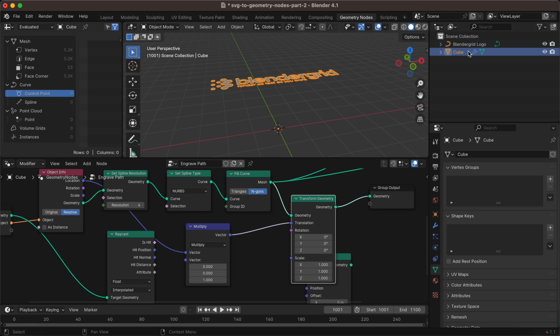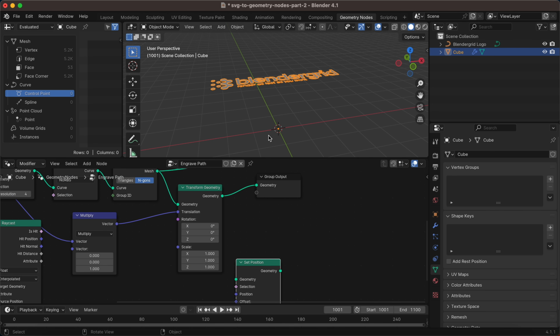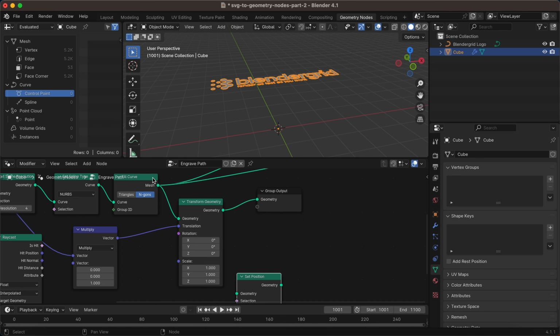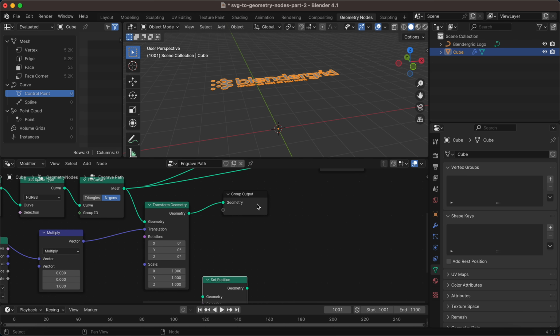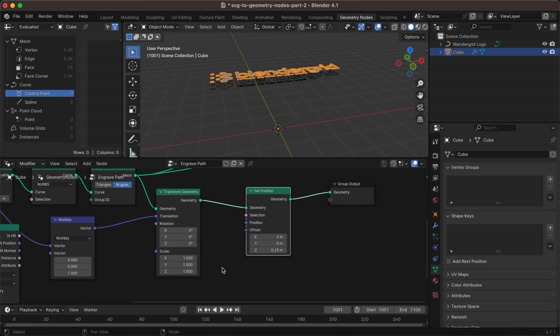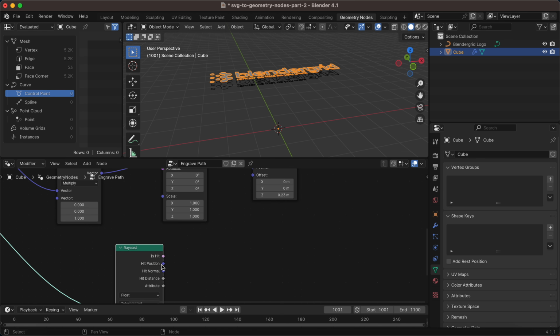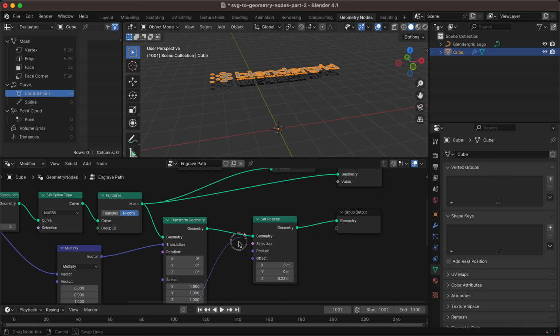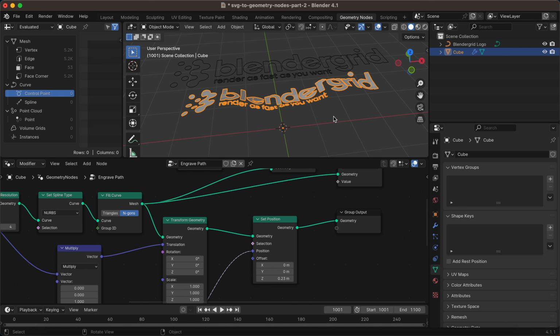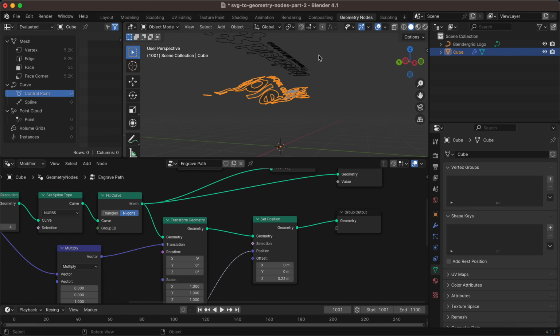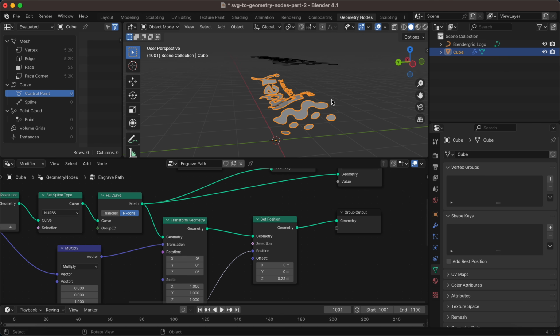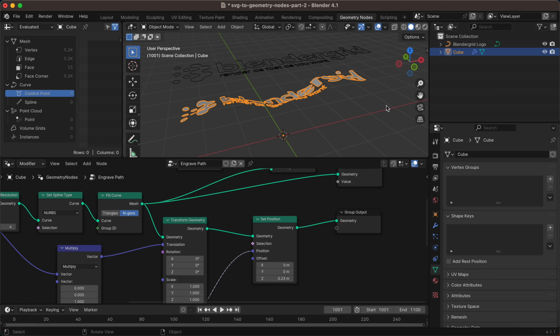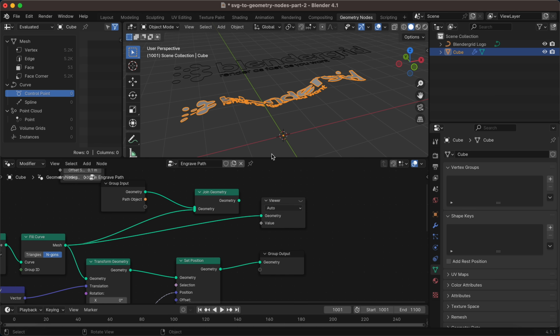So that's very useful. All right, so now we have a way to get our filled curve back to the original position just for control. And now we can set the position using this ray cast. So we take the hit positions and we use that for the set position node. So now we go back and we now have a mesh that's filled in, that's laying on top of our original cube,